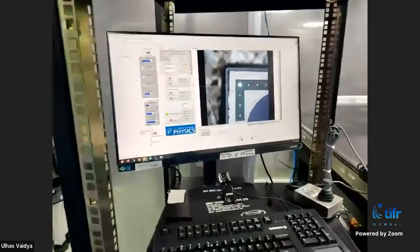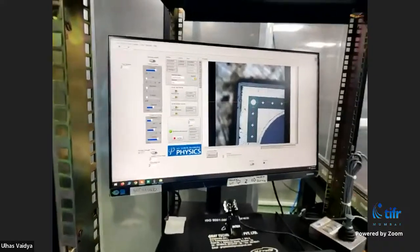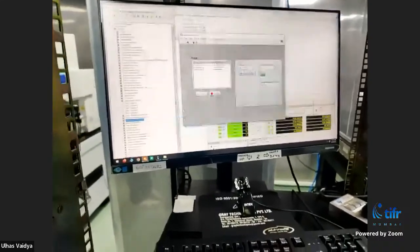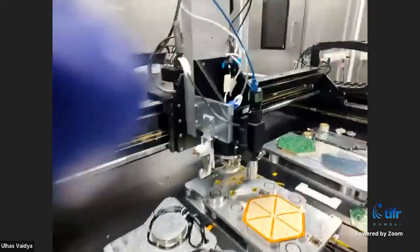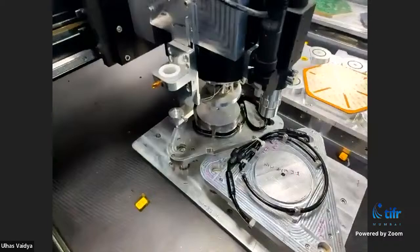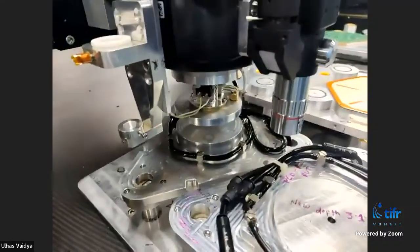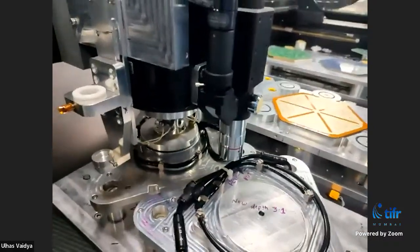Now I'm keeping this ready to start. Okay, I will show you. Shall I start? Start. Now this arm is coming and picking up the pickup tool for the sensor. That's what it does. First it picks up. The vacuum will come and hold the pickup tool, which you can see here. It picks up